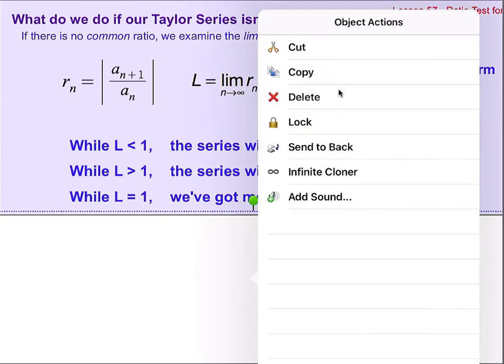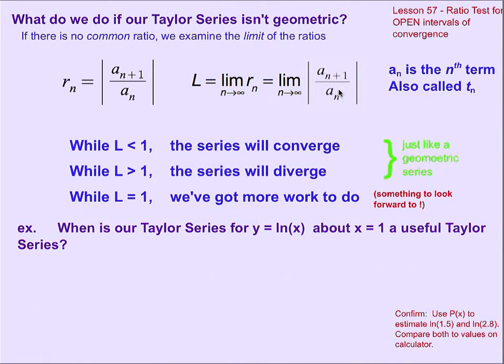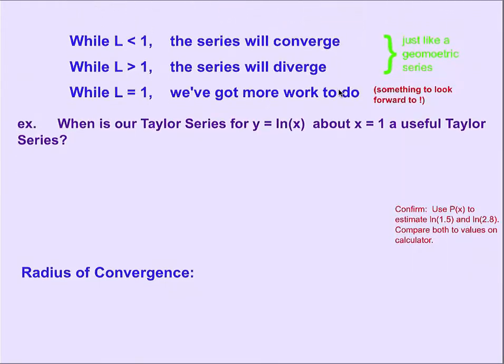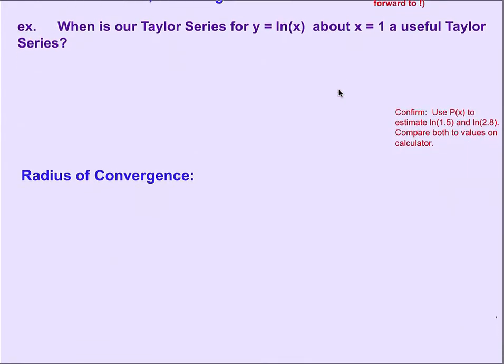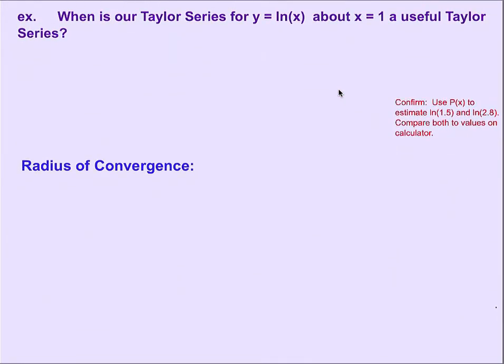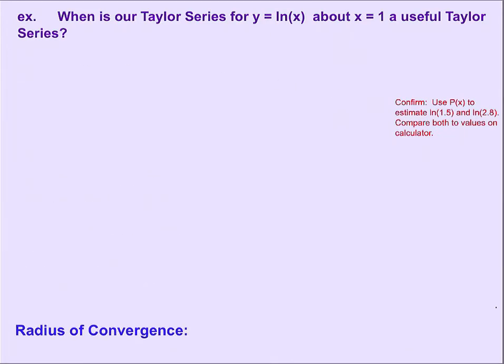So we will use this idea to find the interval of convergence for one of our series that is not geometric. We'll do it for the Taylor series for ln of x. So in order to do that, we need to remember what the Taylor series for ln of x is. So hopefully we have that one. ln of x